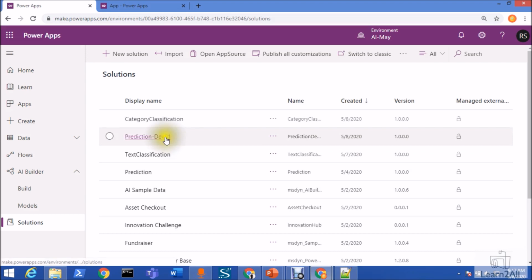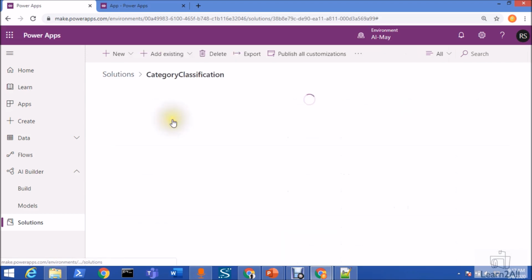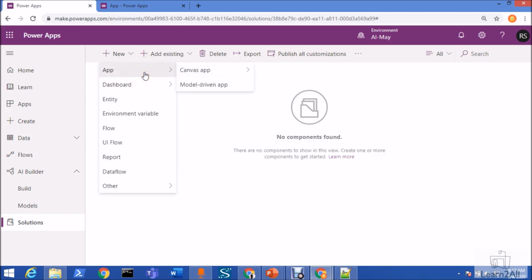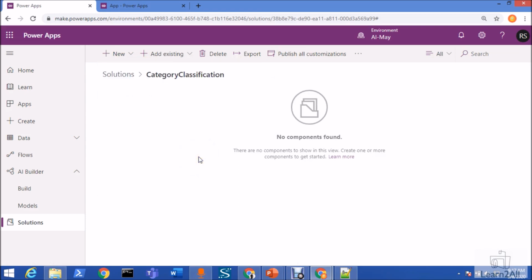This will create a solution for you. Inside that you need to create your Power Apps and Power Automate. Make sure you create everything inside this solution, otherwise it will not appear and will not allow us to use this AI model, right?